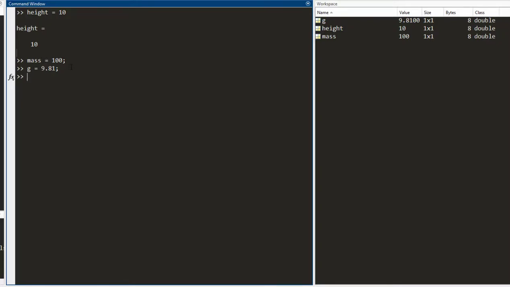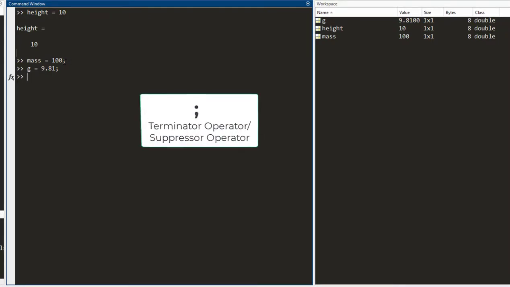The reason is that I used this semicolon operator, which is the terminator or suppressor operator in MATLAB. If you use this at the end of defining a variable, the variable does not get outputted into the command window again. So it is always a good practice to use a semicolon whenever defining a variable.